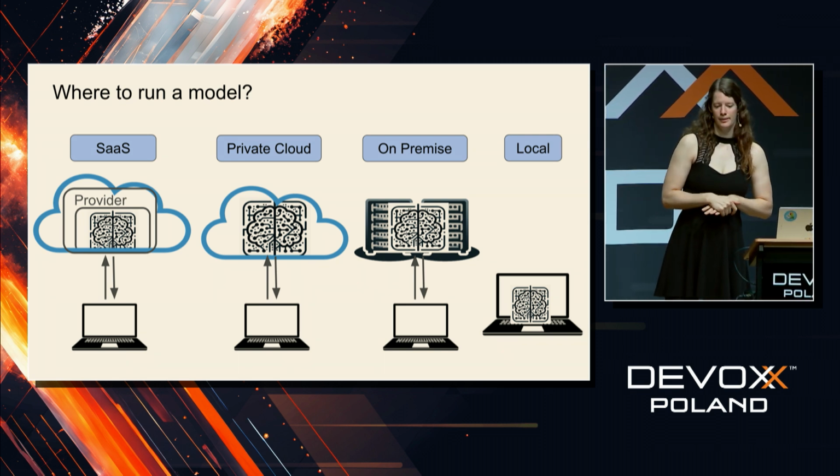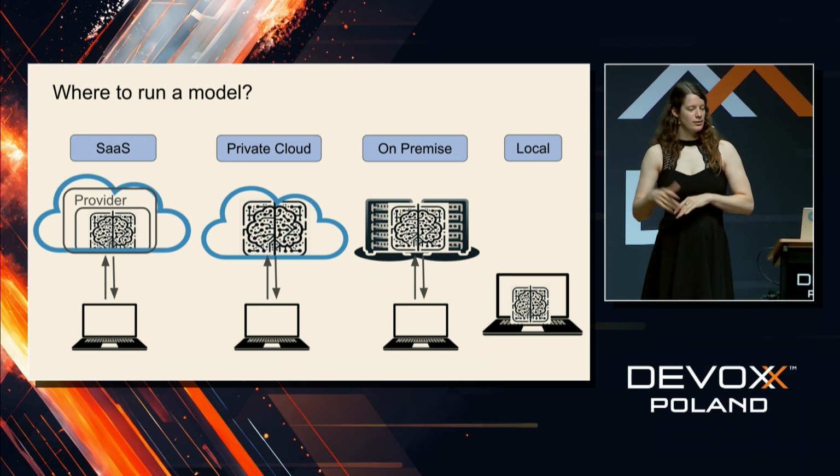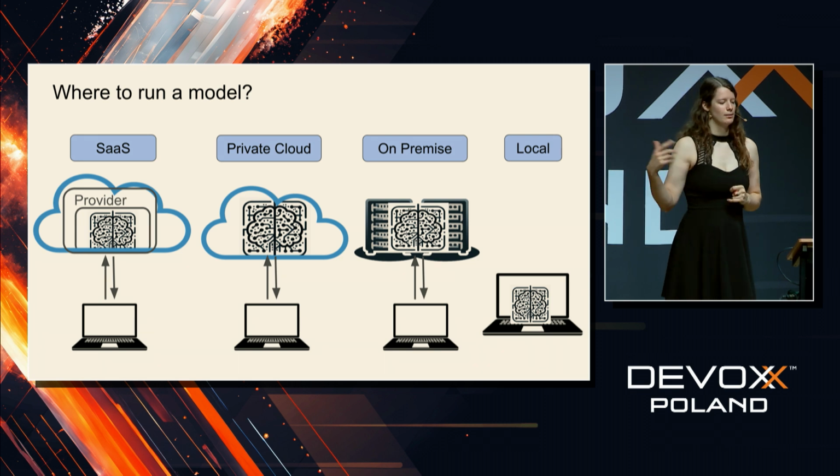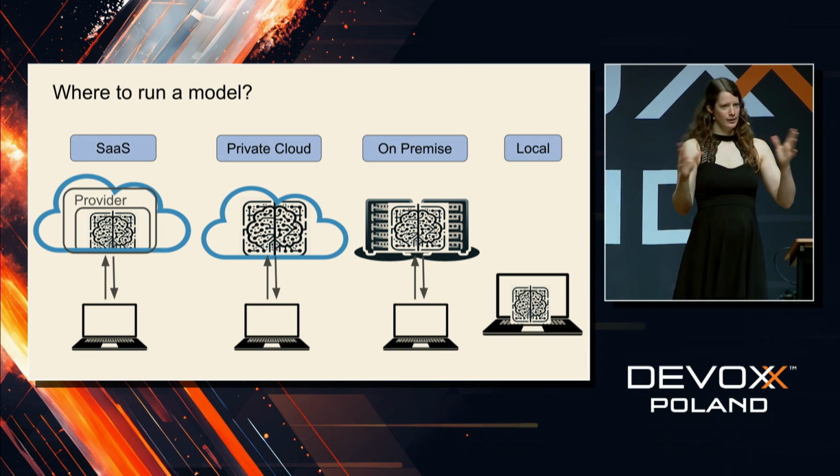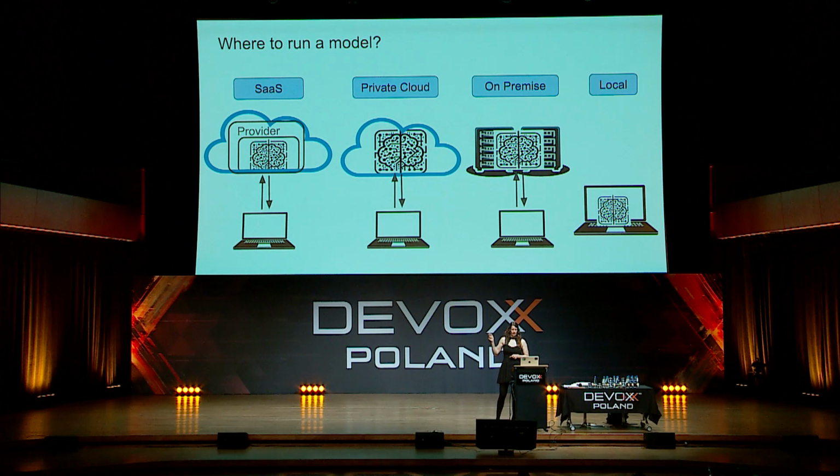Check this very carefully. You can also run models in your private cloud, but then you need a model that you can download, so an open source one. Then it's your own conditions, right? You can run it on-premise on your own dedicated hardware. Now, the hardware is quite costly, but then again, the models are getting so much smaller that these days it's actually not that costly anymore. For all the companies, I think the majority of companies that just don't want to throw all their data to some other service. Or you can even run it locally.